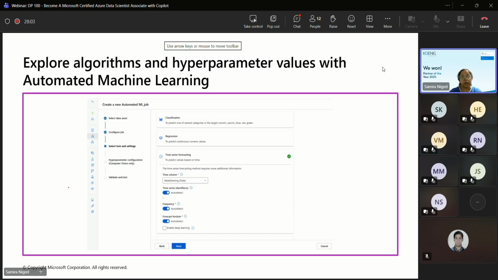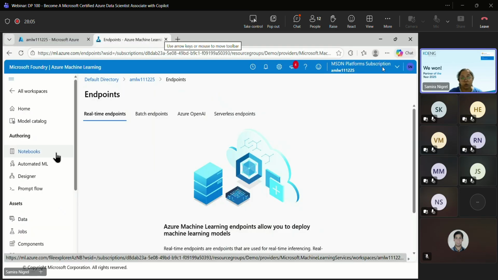Let's move ahead and understand the authoring pane. The authoring pane provides us four options: notebook, automated ML, designer, and prompt flow. Prompt flow, as the name suggests, uses prompts, basically natural language programming, or simply the way we speak to each other.